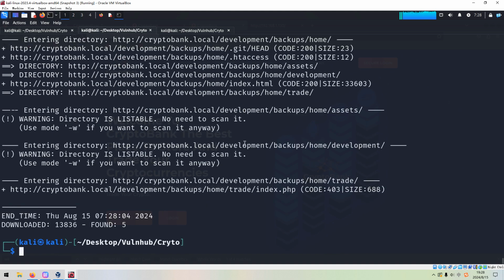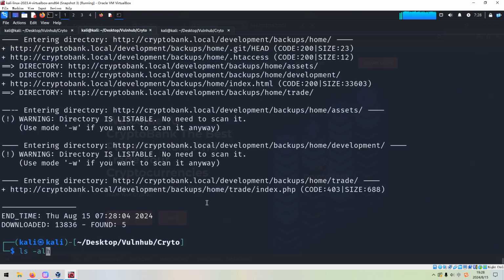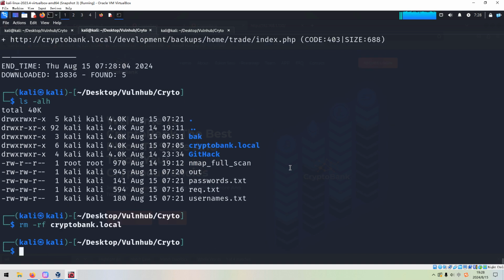Wonderful. It means that we can get some source code from such a repository. So how to do? We can use a very important tool to extract information from the Git, which is GitHack or other similar tools. Maybe I need to remove this data first. I've already cloned GitHack from GitHub, and the link will be added into the description section as well.